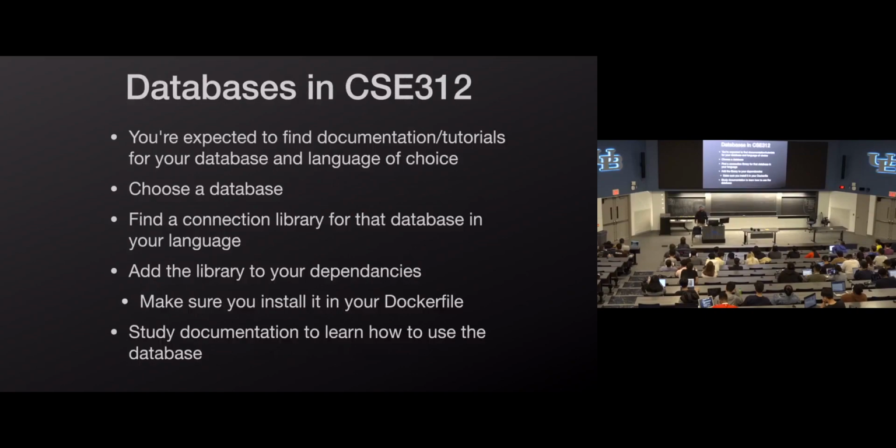For this course, I would consider all of your homeworks and projects to be under the prototyping stage, because things are constantly changing. Plus, you don't have millions of records where you need SQL, where you need structure. So you are expected to find some documentation, whatever language you choose, figure out how to get that connection library and